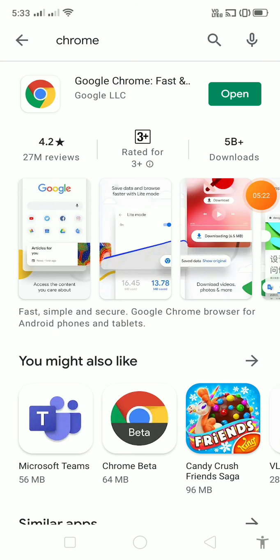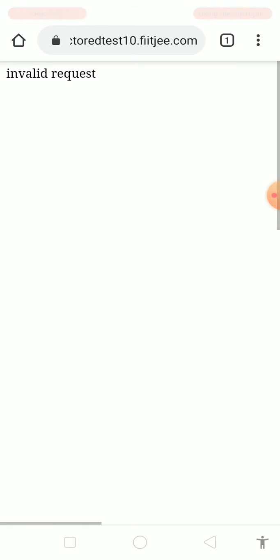See whether you have the latest version of the Chrome browser, because without the latest version of Chrome it will not work. Or else you need to use the latest version of Mozilla Firefox.